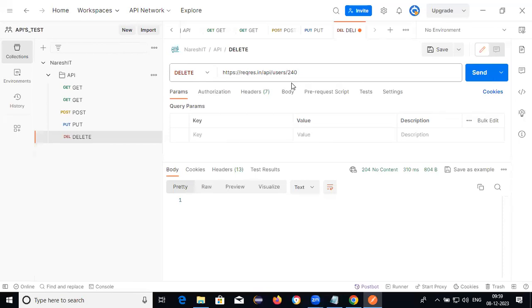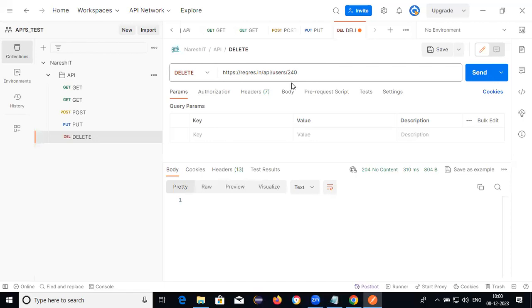What is the post? If you want to create the data, what things are required? What is the put? If you want to update any existing data, what type of things are required?